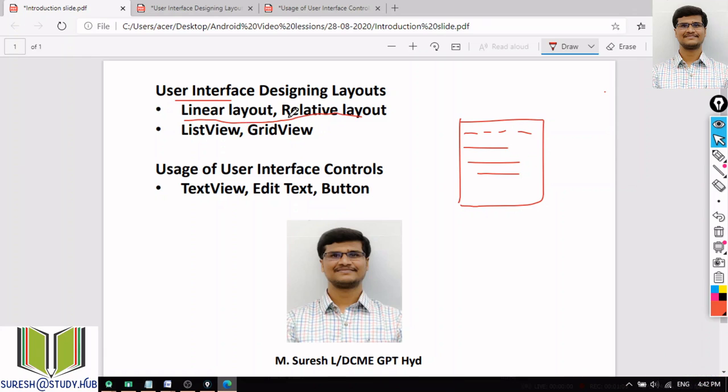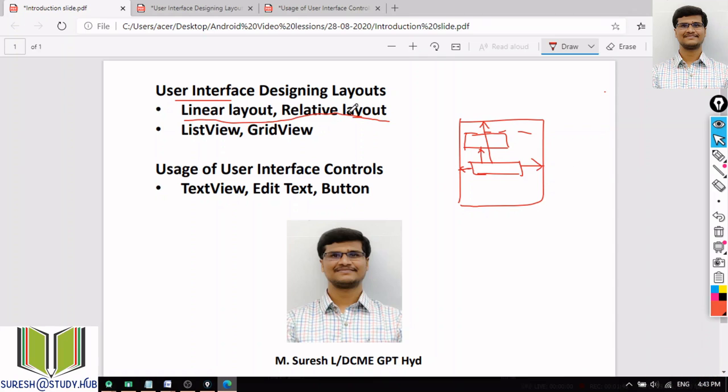The second one we discussed is the relative layout, which is used to arrange the components in a different manner. If I want to place one more component, I will place it relative to the parent or relative to a child element, with margin left, margin top and margin right defined.